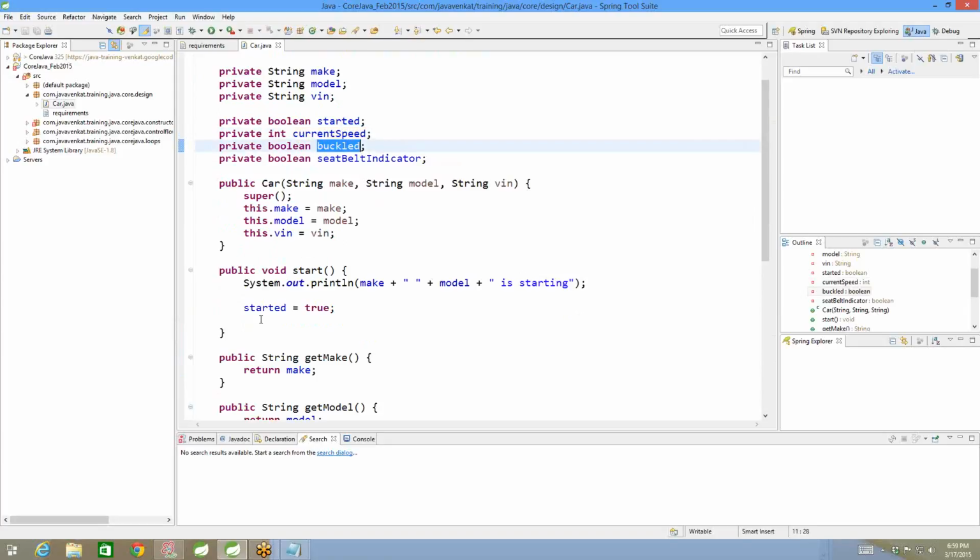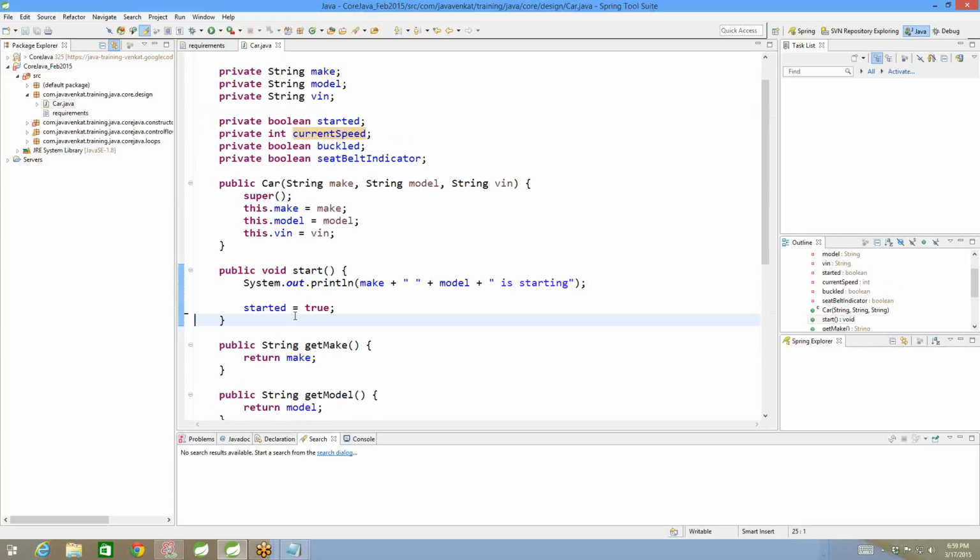Yeah. At this point, what is the current speed? It's 0. Do you want to go beep, beep, beep? If the requirement says that, then we should definitely do it. Don't get me wrong there. Okay. Agree? Yeah. So even buckled, I think at this point, no. Now tell me